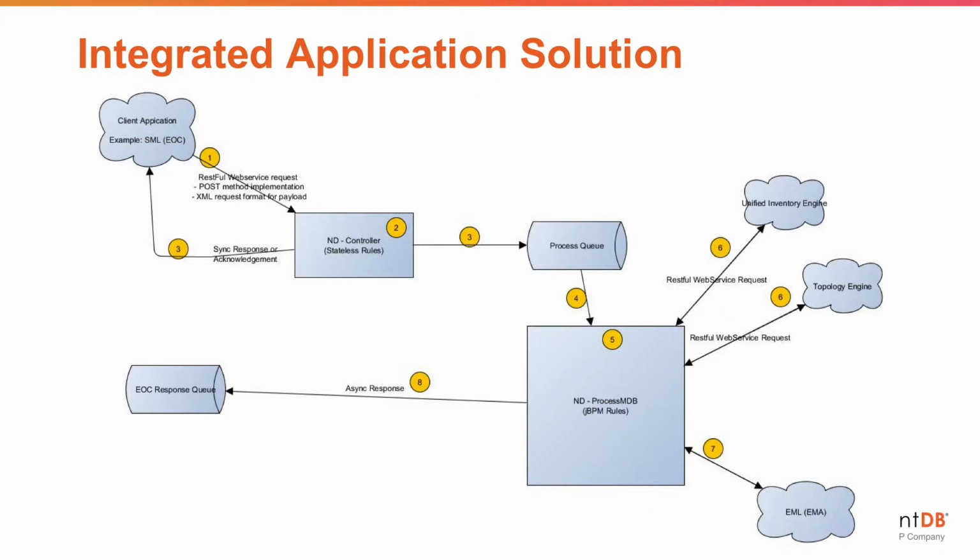I've got a service management layer up here. I've got an order processing center. Someone from IBM wants to order Metro Ethernet service from AT&T, classic idea. There'll be a service layer there that will send a RESTful web service, JSON XML, into a controller. And what they do is they've got what they call stateless rules. And what those rules allow it to do is to decompose what the request looks like and decide what happens